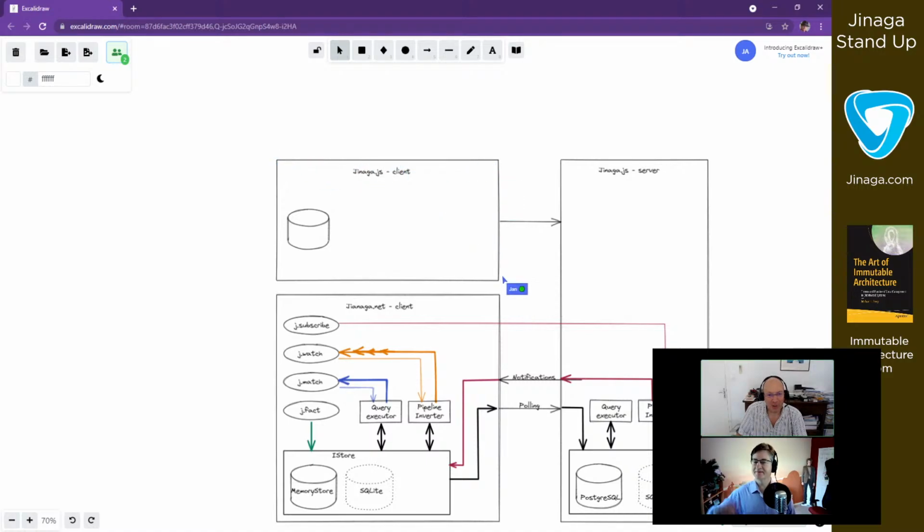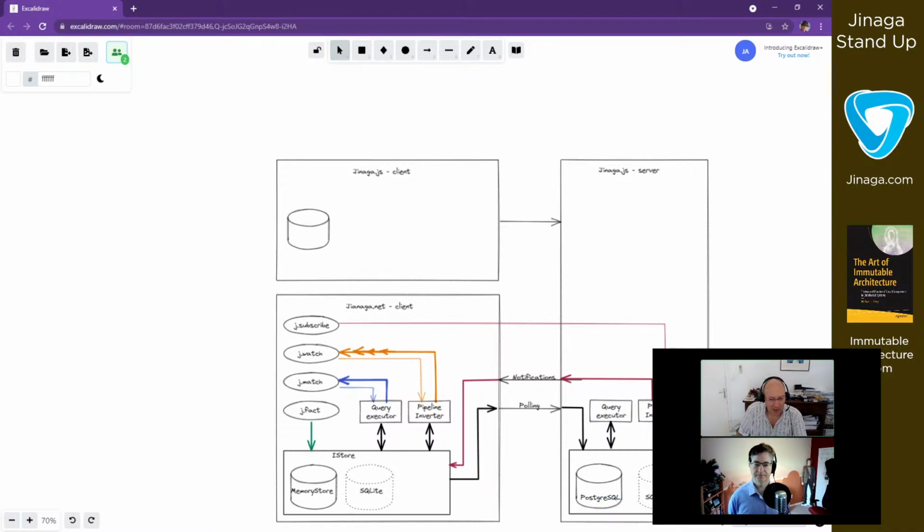So here we have the Janaga JS client. This is the Janaga.net client. And here we have the Janaga JS server. In the server, am I correct, we already have a PostgreSQL database? That is correct, yes.